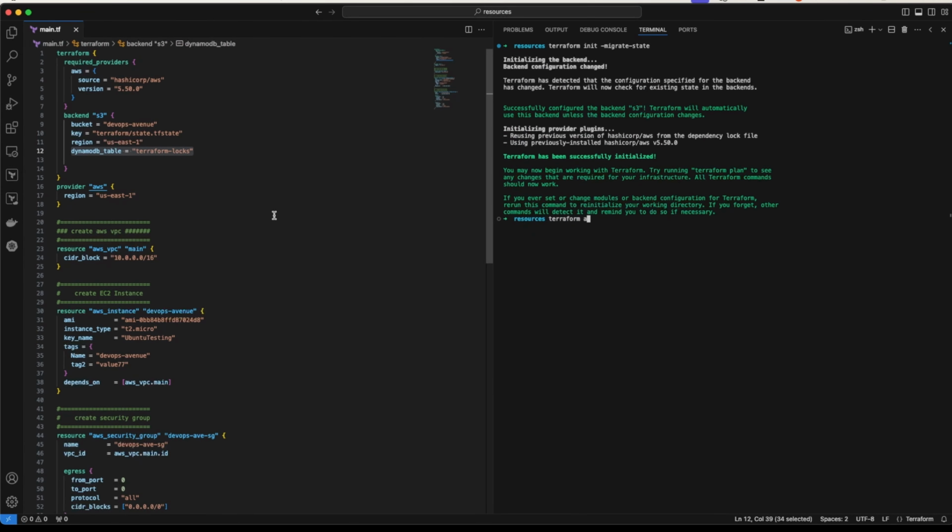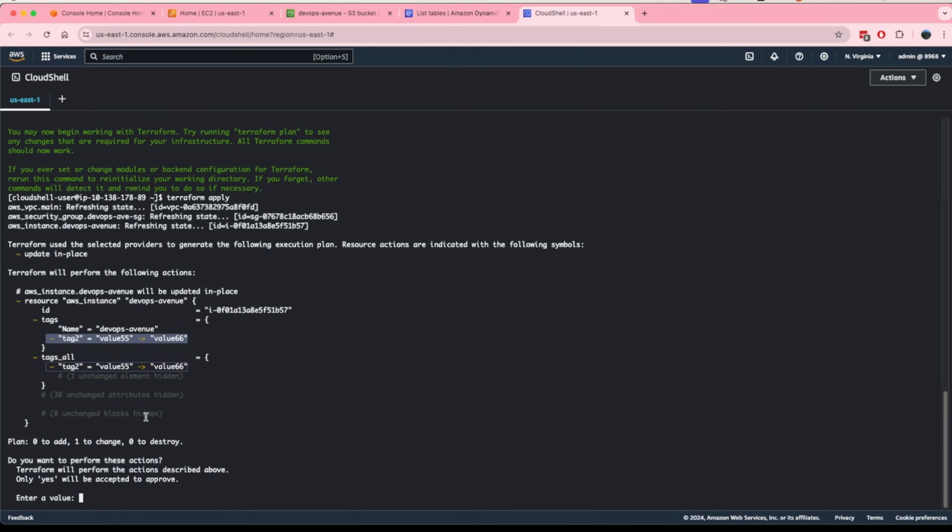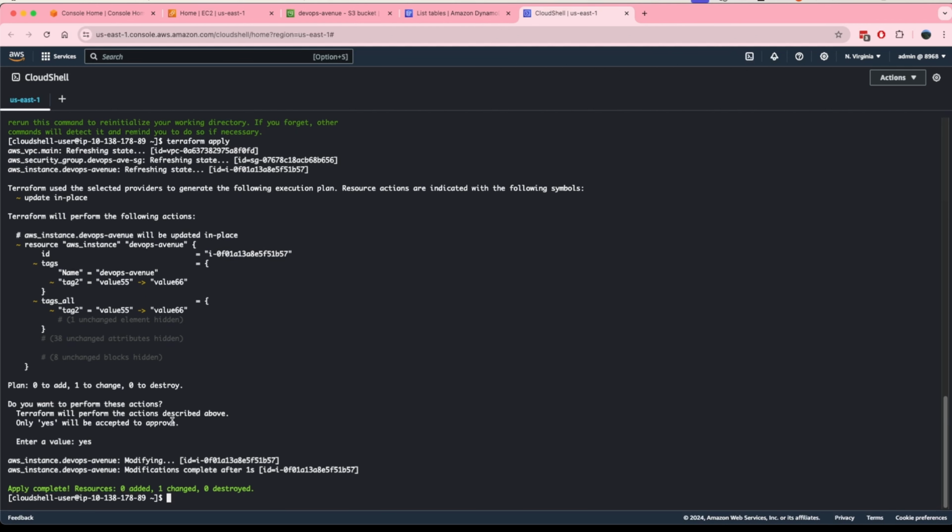And if I run Terraform apply on my local terminal now, I would get an error message saying that my file is locked to a user, and it would even tell me what the user is, and provide some sort of state file path that it's using. So now my local user is not able to make any changes. I would only be able to make the changes if this user finishes its apply or cancels its Terraform apply. So what I will do, I will finish this one on my Cloud Shell environment, and this would update